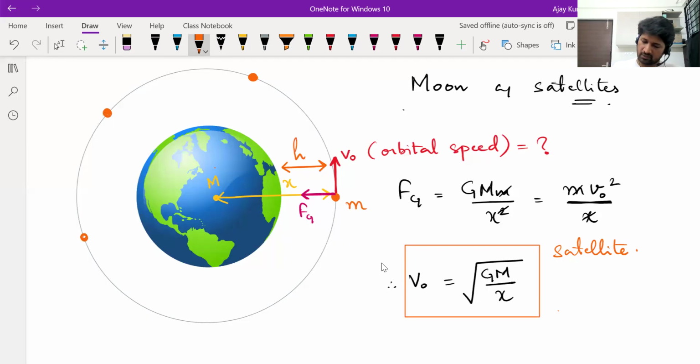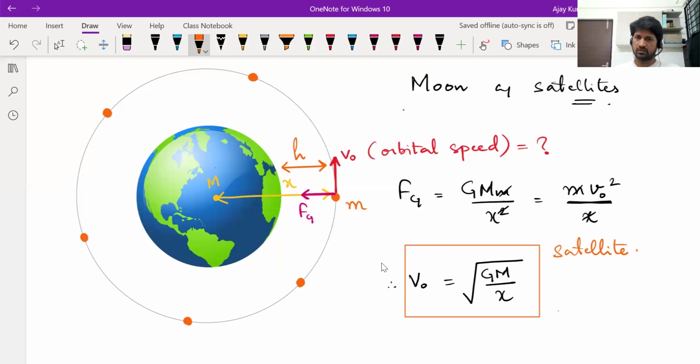Unless it collides with something, slows down and falls down to the planet, it keeps revolving around the planet at that height itself. So that is what happens in satellite launches. At whichever height you want to place the satellite, based on that height, you need to provide sufficient